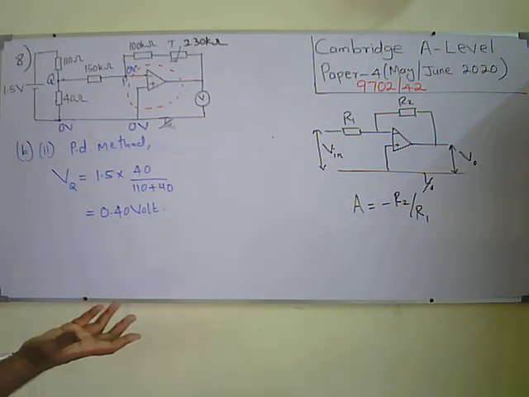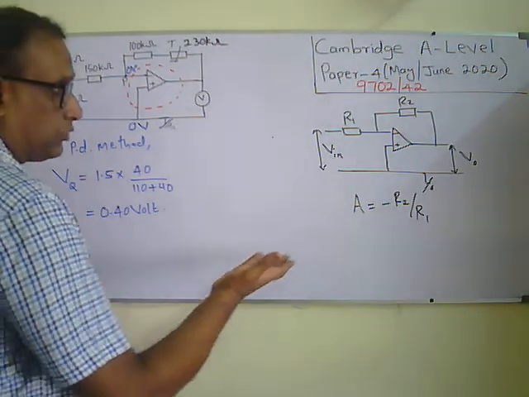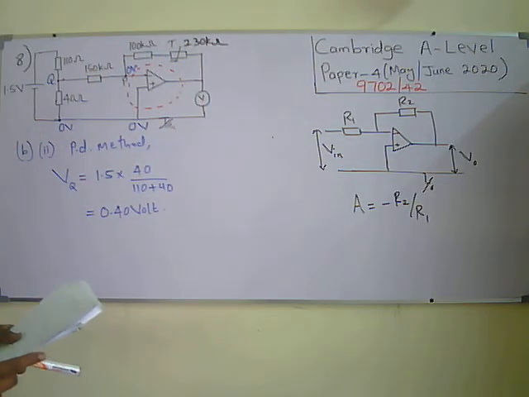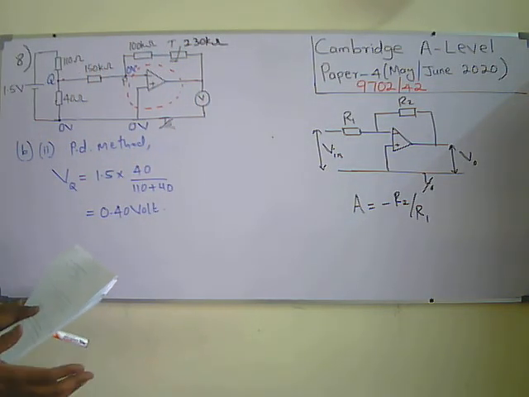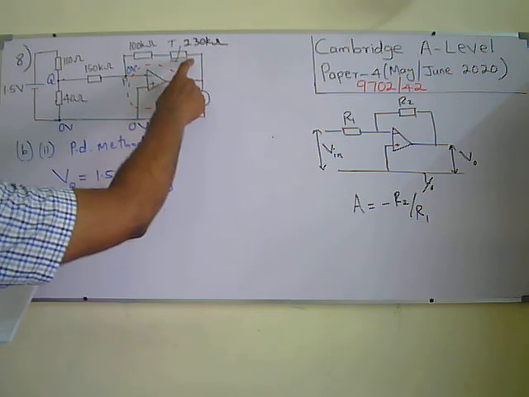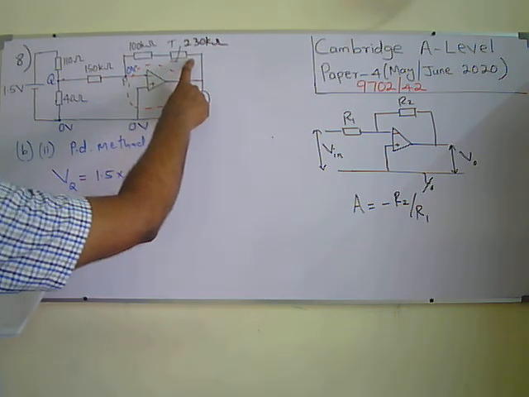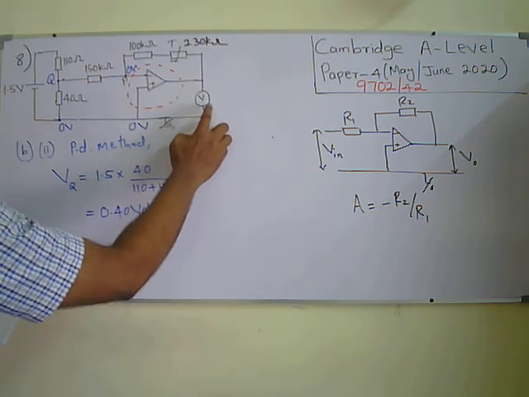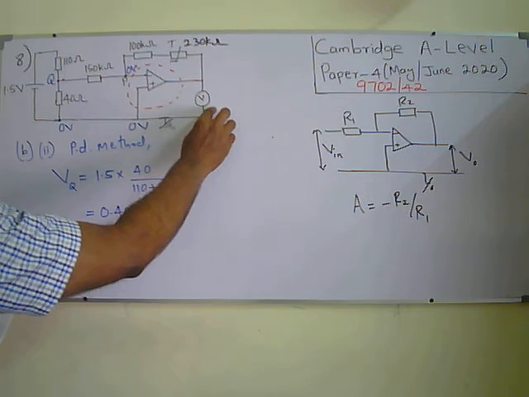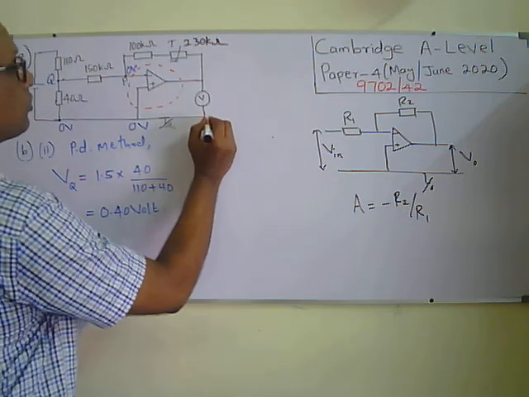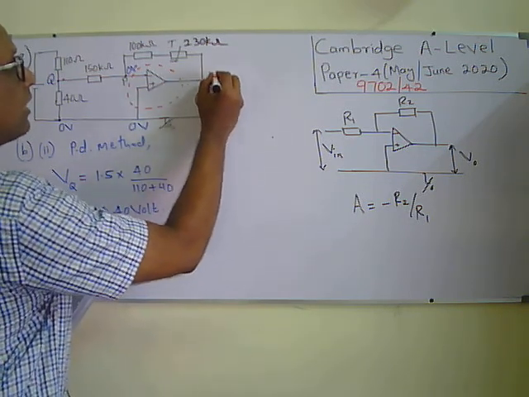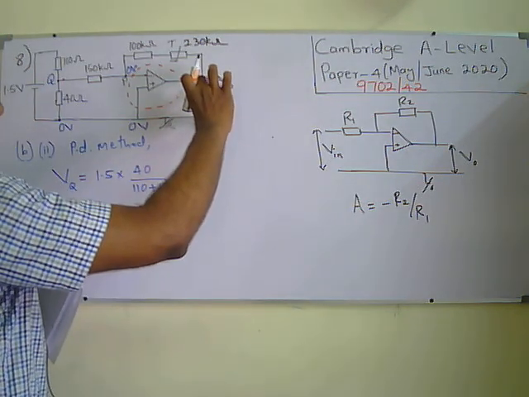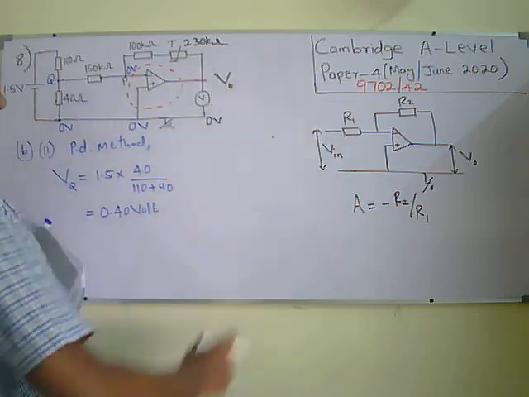So here also we can use that idea. You know the equation, right? You can use this directly if you want. The next part: at 13 degrees Celsius, the resistance of the thermistor is 230 kilo ohms. Show that the potential difference measured with the voltmeter, that means the output they are asking. Potential difference means this potential is zero, so this is the output voltage V out. So the potential difference of the voltmeter is equal to V out, the output voltage, which I should find.